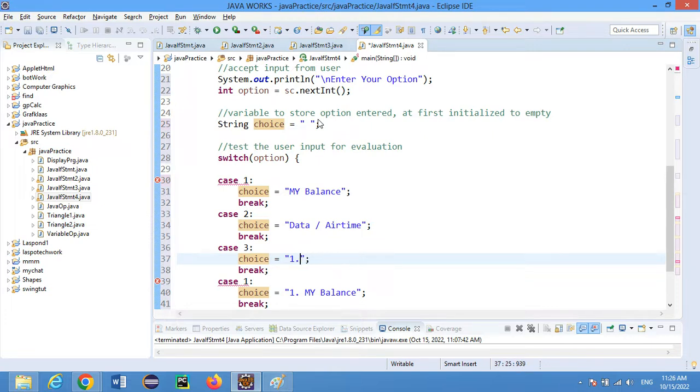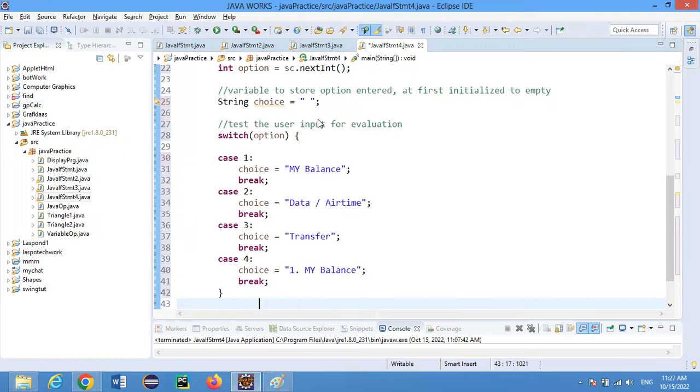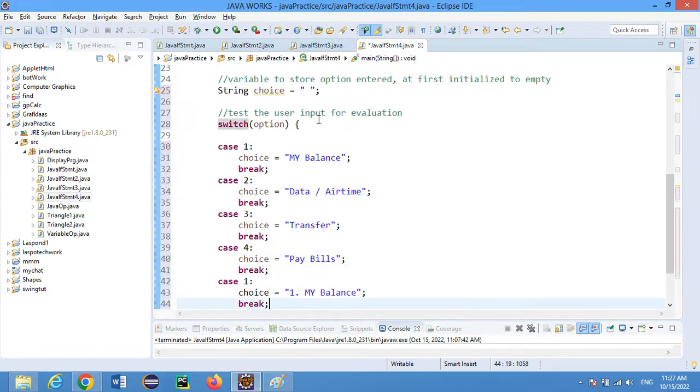It should display transfer. The next thing is 4. It should display pay bills. And the next is 9. It should display